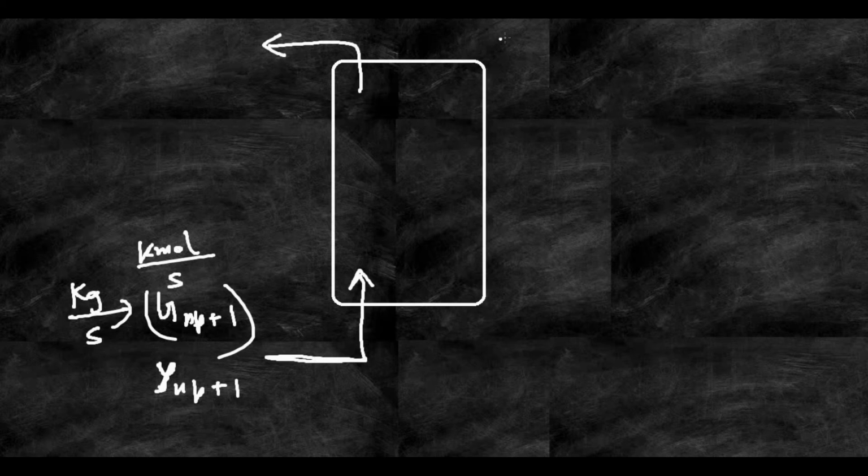Also from the top I will put in the desirable solvent. The desirable solvent will be water over here. Now the flow rate of the water, that is the kilomoles per second of water that I am putting in, I will denote with L0. Now in most cases the solvent which is put in does not contain any solute. That is, in this case it will be a pure solvent.